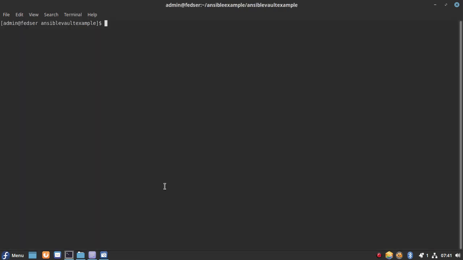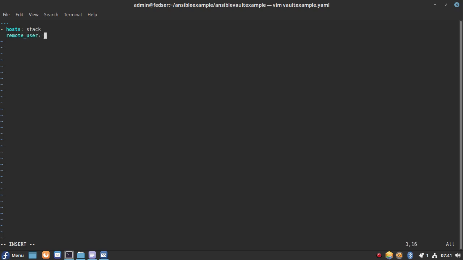Let me write down that playbook, vault example.yaml file, and for the hosts, let's try to run it on my group stack which has one node. Remote user, I want to run it with admin.